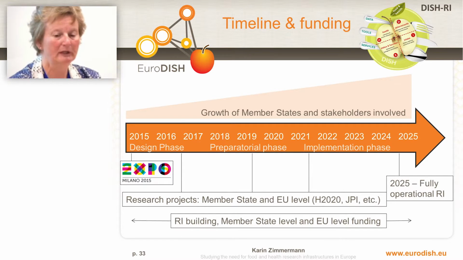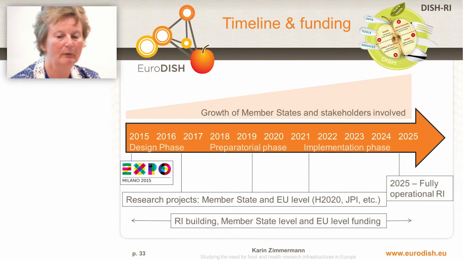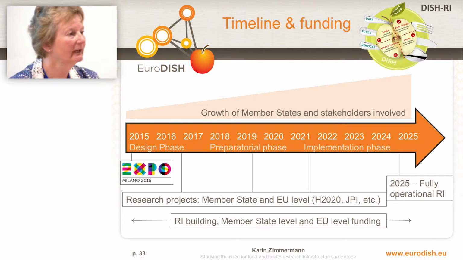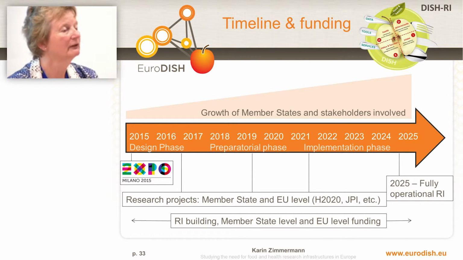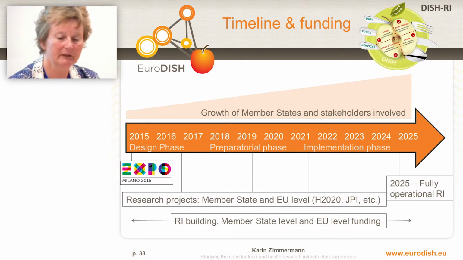So this is an ongoing, growing process. We need to do some PR, we need to discuss, but it should be ongoing and growing during these 10 years. On the other hand, we have research projects also contributing to the aims of this research infrastructure, perhaps taking forward smaller parts of the research infrastructure to make it more tangible but also more feasible. And then, of course, we have the research infrastructure building together with the member states and on European level if we are rewarded with the DISH RI on the ESFRI roadmap.